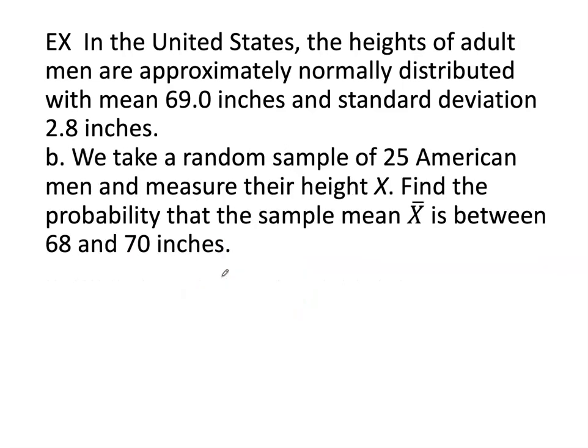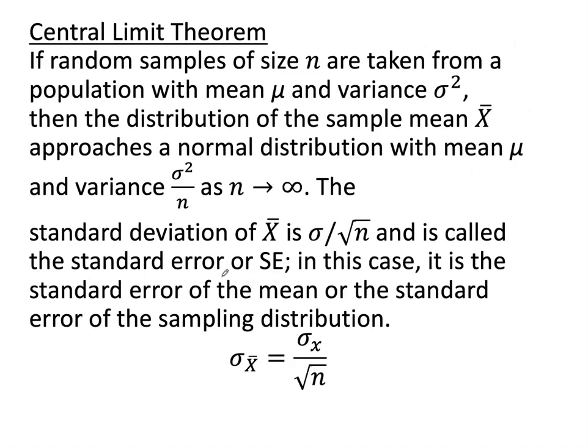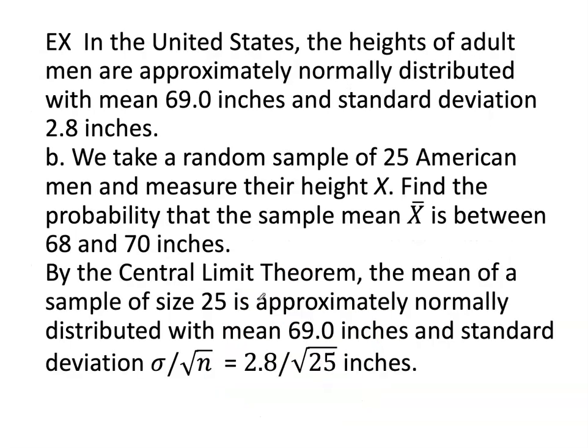Now we take a random sample of 25 American men and measure their height x. Find the probability that the sample mean, x bar, is between 68 and 70 inches. Here we're going to refer to the central limit theorem. The standard deviation of x bar is the standard deviation of x divided by the square root of n. So by the central limit theorem, the mean of a sample of size 25 is approximately normally distributed with mean